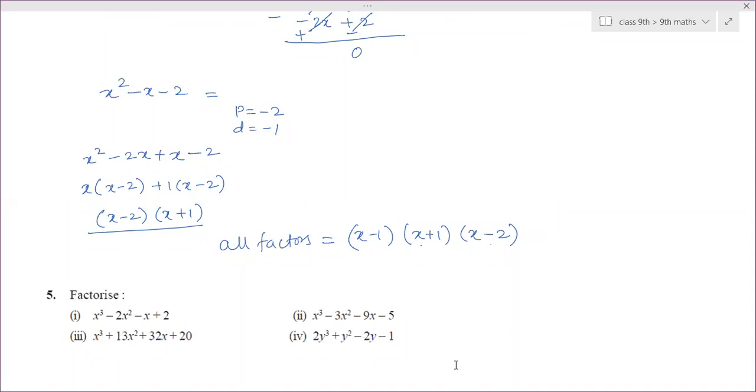Is the answer x plus 5 into x minus 1? Three terms will be there. Okay, I'll see the first one also. Ma'am, it is x plus 5 and x minus 1 and x plus 1. Yes, right. So now how to check which term you have to start with. See the last term. Here it is minus 5. So what are the factors of minus 5? It is 5 into 1. So that means 1 will be the term. So you can check with plus 1 or minus 1.